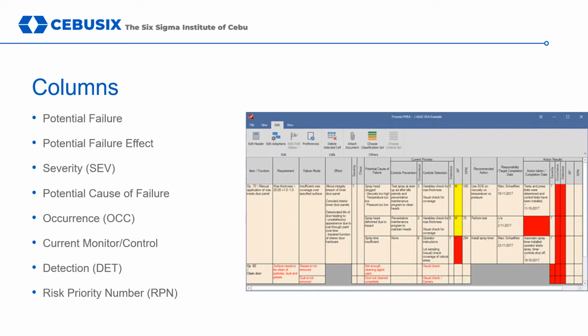Later, you will be adding more columns to this chart as you revisit and recalculate the risk priority number after